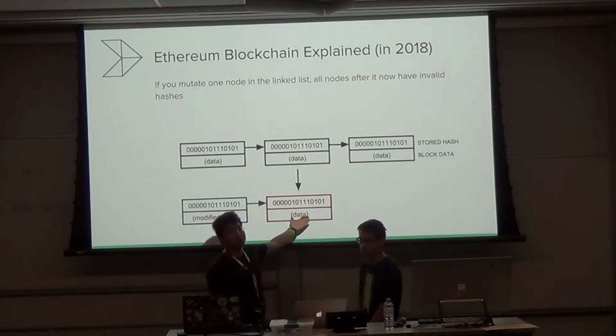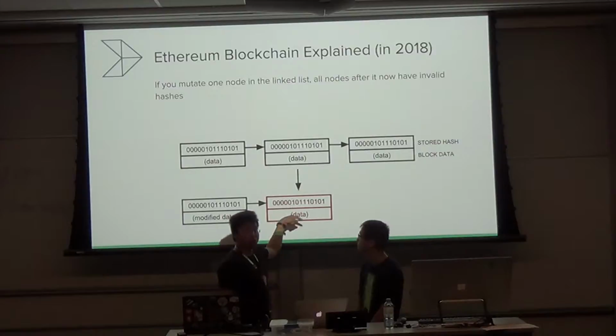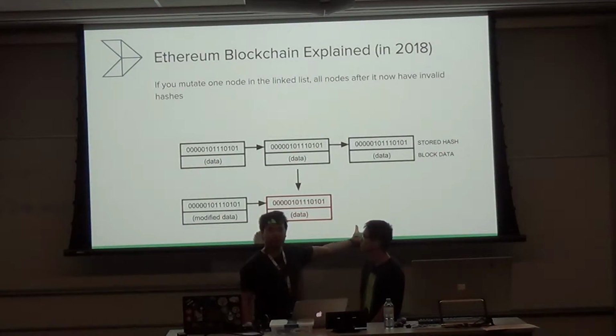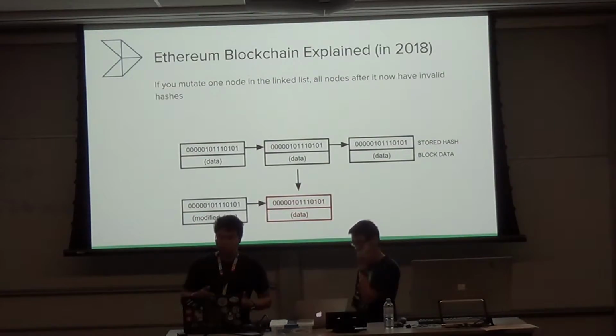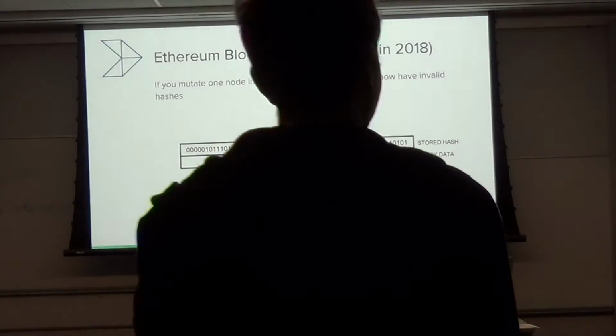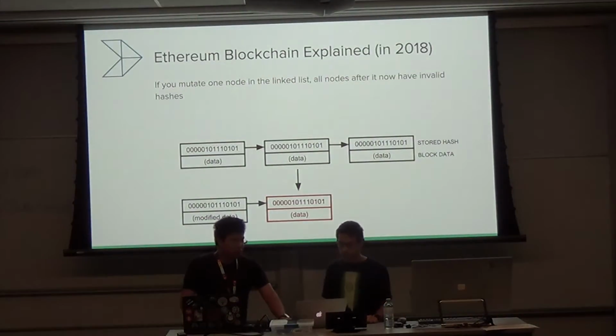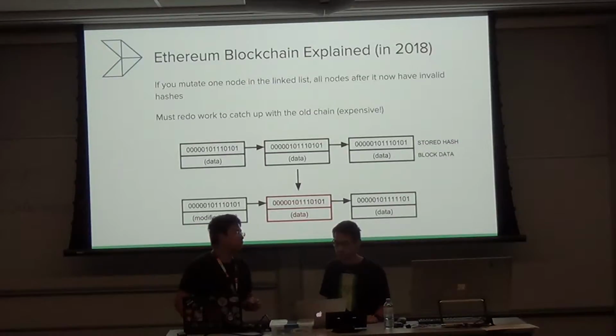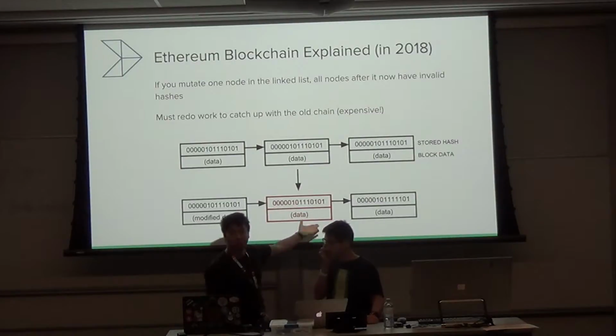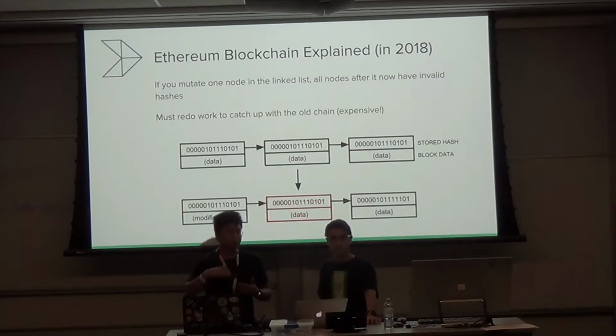So let's say you change that hash to match up. Now this block changed, so you have to modify this block. And this block changed, so you have to modify this block. And it goes all the way to the end again. In general, modifying any block requires all subsequent blocks to be modified as well. But what else? We have to modify the hash as well. Once you modify this, the hash probably no longer starts with k zeros again. So you have to mine that entire block again by trying all the nonces, 0, 1, 2, 3, 4, billions and billions of times. And this will take 15 seconds, as you saw before.